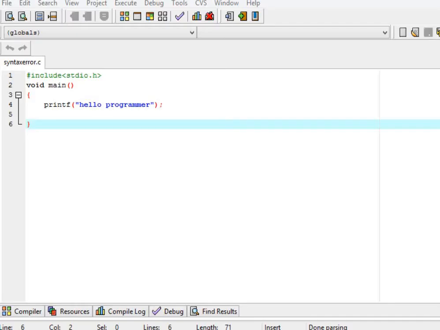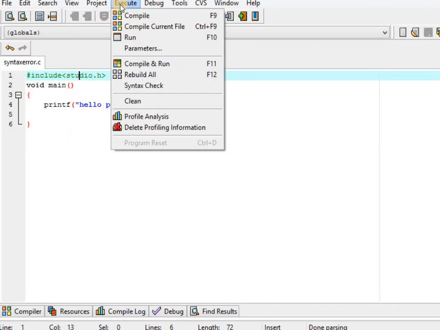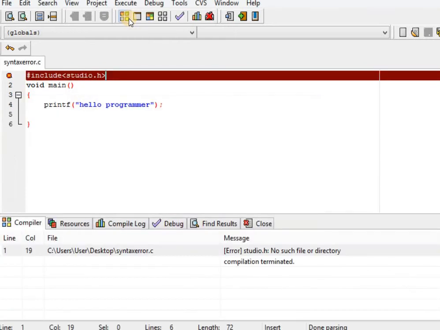Example: writing the header file name, it is stdio.h. Mainly programmers write studio.h. So when you begin to learn C programming, you mistake stdio.h for studio.h. If you write this and compile the code, the screen will display: no such file or directory.